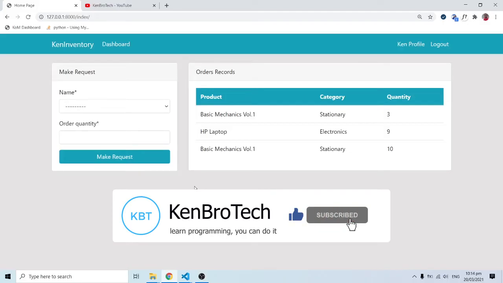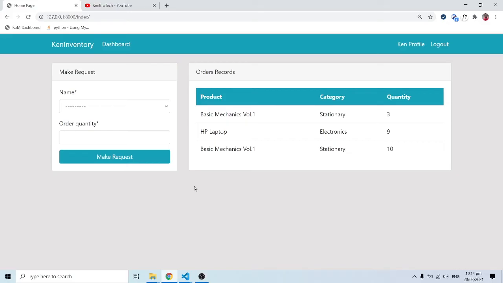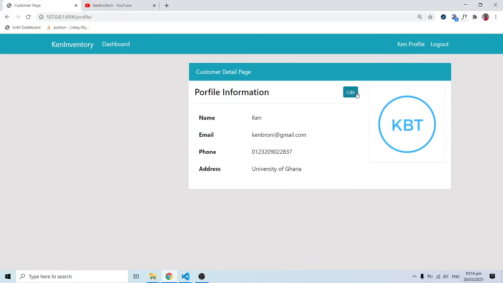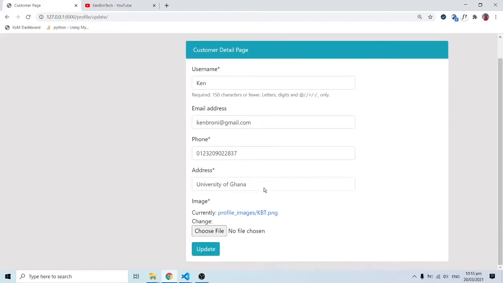So as you may have it, a staff shouldn't be able to go and add products onto the database. It is not proper. A staff on this application is not going to have access to the main dashboard that we saw over there. But then what we can do for a staff is a staff can come here and edit his or her profile. So I'll click on this, and if I want to change the image,